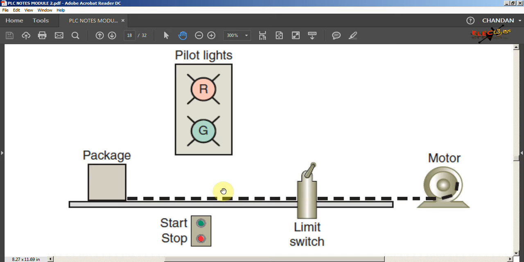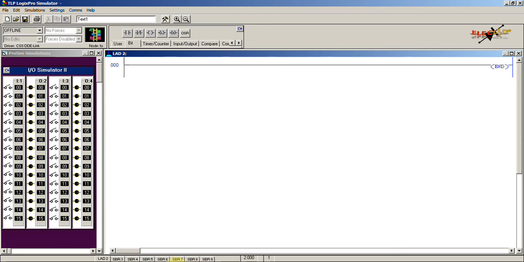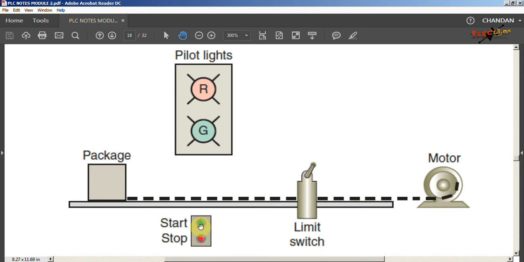For that I'll use the simulator, and you can see how with the help of the simulator we can do the ladder logic programming. We have inputs and outputs, so let's go to the process flow diagram. Here start push button is one input, and stop push button is one input, and limit switch is one input. So in total we have three inputs,